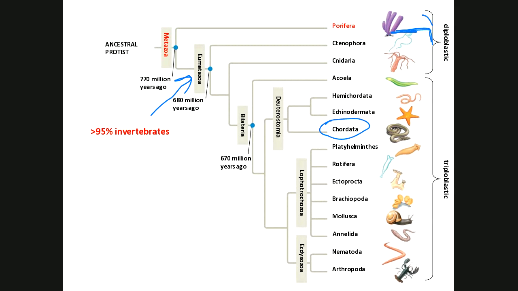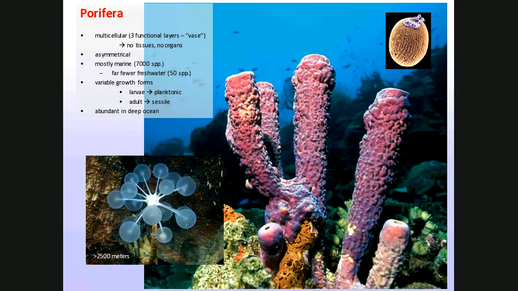So let's go with that. First, let's go with the eumetazoans about 680 million years ago. So this is before the Cambrian explosion. These are the critters that were around. Remember, the Cambrian explosion is when a lot of the rest of these come around. So let's move now and do the cnidarians and do the ctenophorans. I think we do the cnidarians first, if I remember the order of my slides. The cnidarians. Oh, I'm sorry.